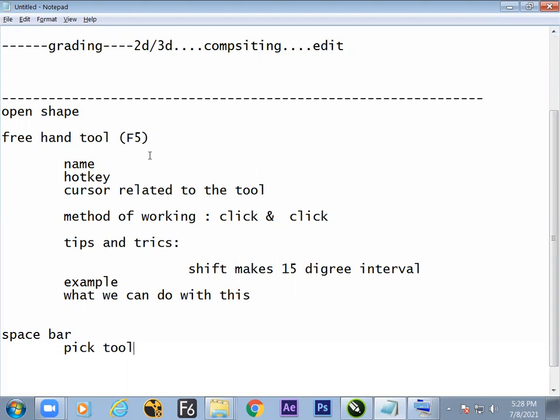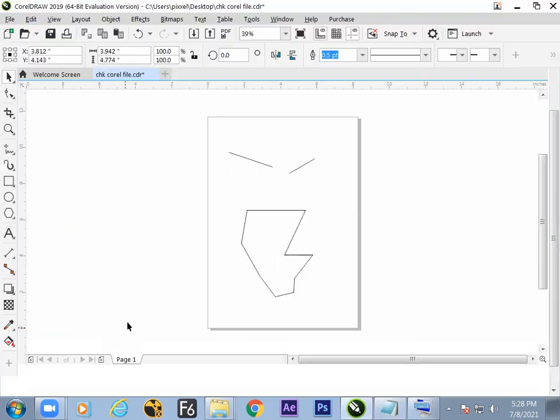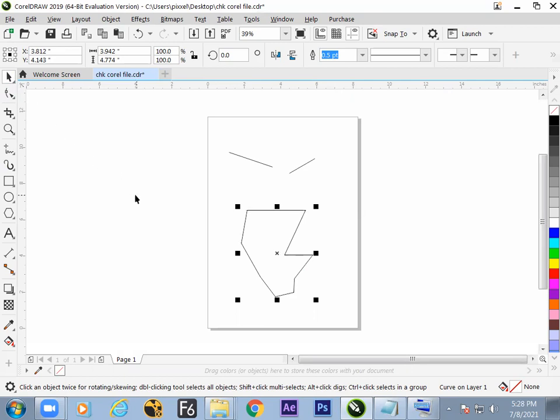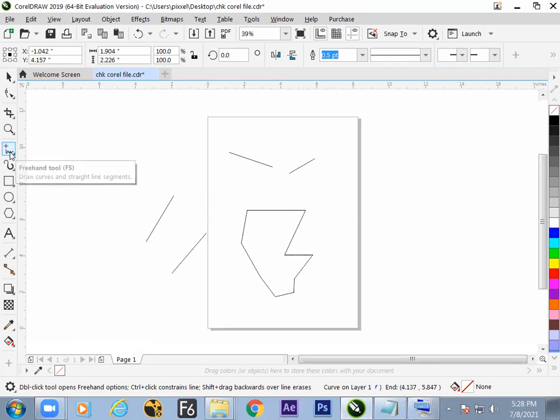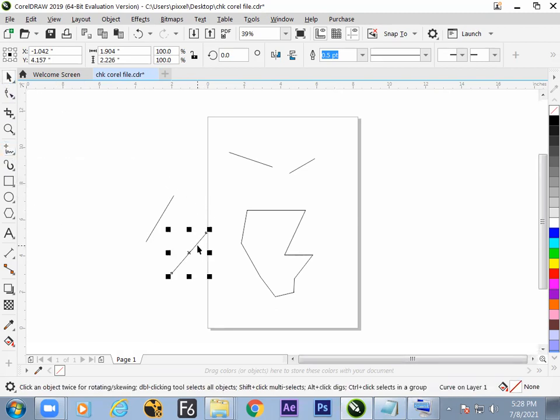So one creates the things, another moves the things. So we can switch to the pick tool by just hitting the space bar. And immediately it will turn into pick tool. Again, next hit, again back to the normal tool. So hope we have understood now how to jump from the freehand tool to the pick tool by the keyboard shortcut space bar.